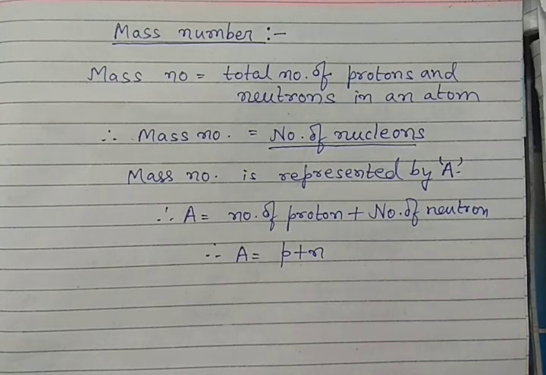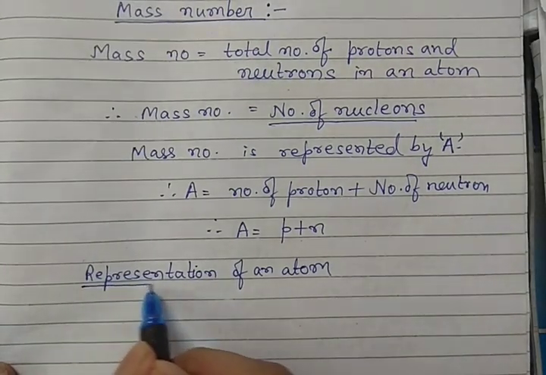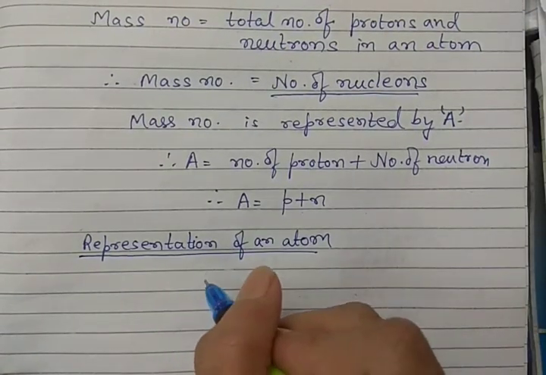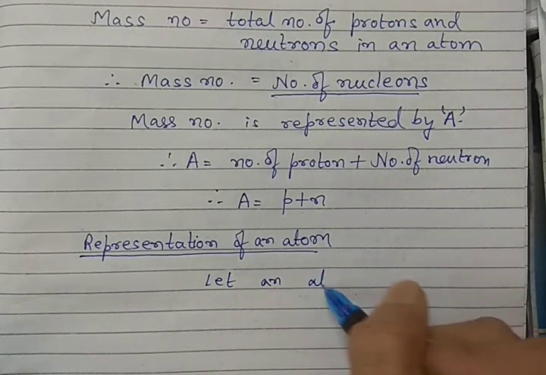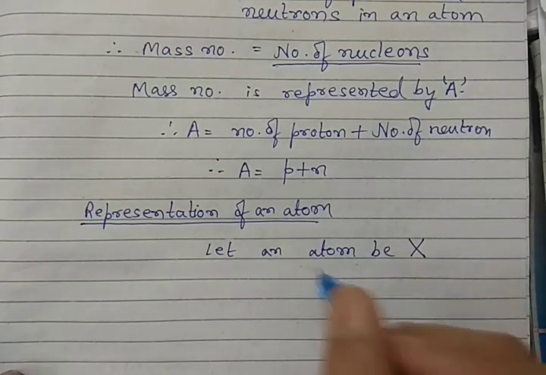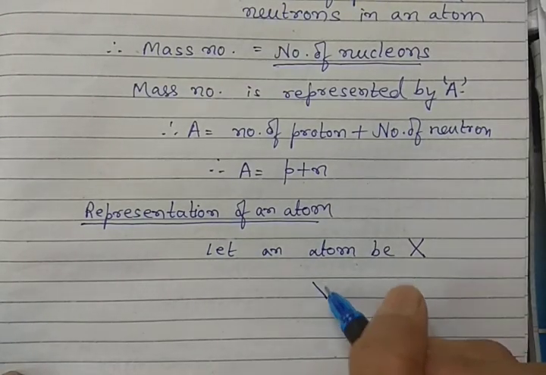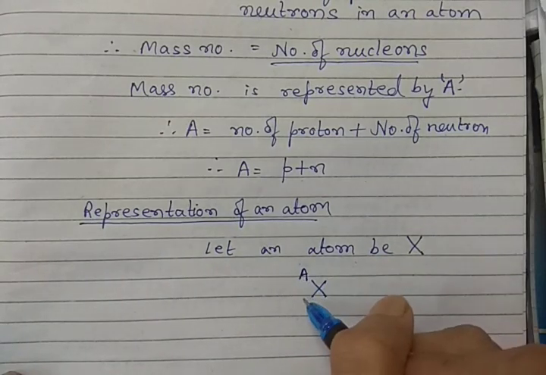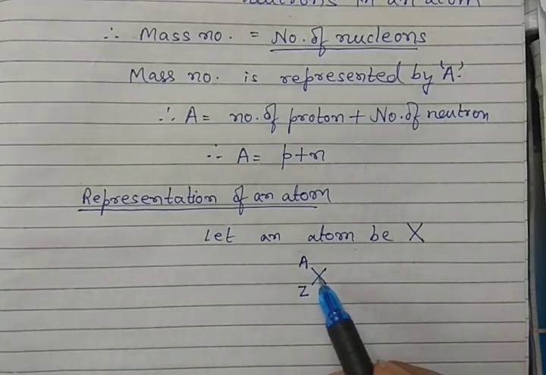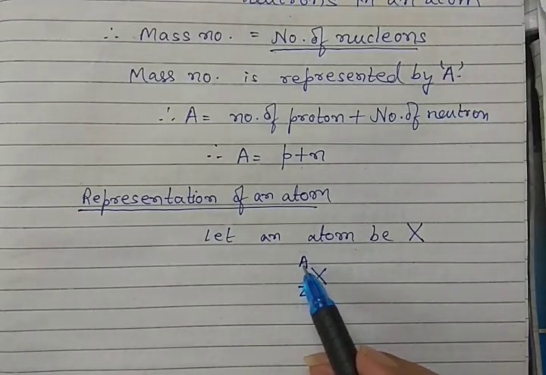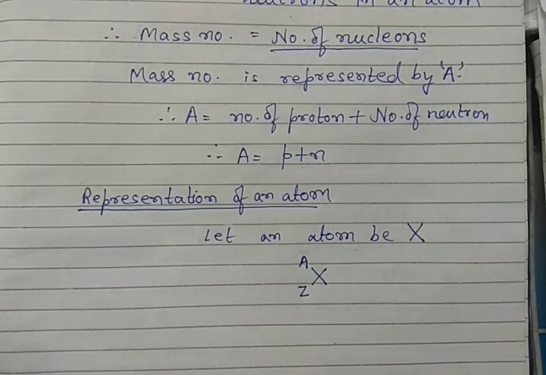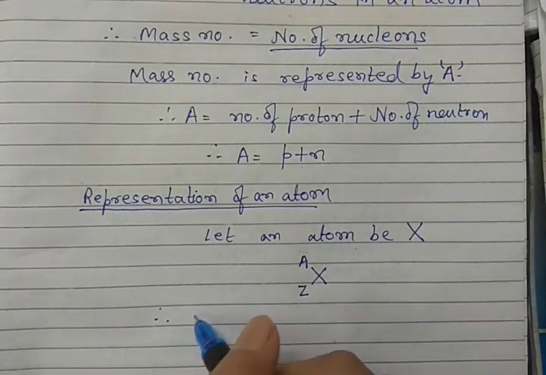Clear? Okay, so how can we represent an atom using atomic number and mass number? Okay, so if we consider an atom, let an atom be X. এক্স নামক একটা অ্যাটমকে আমরা ধরে নিচ্ছি। তাহলে এক্সকে আমরা কিভাবে লিখব? জেনারেলি লেখা হয় এইভাবে, এক্স এর মাথায় এ, নিচের দিকে জেড। তার মানে এক্স এর উপরের দিকে লেখা হবে মাস নাম্বার, আর নিচের দিকে লেখা হবে ওর অ্যাটমিক নাম্বার অফ দ্যাট পার্টিকুলার অ্যাটম।